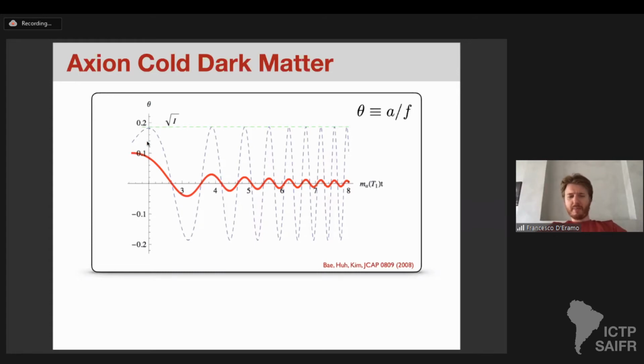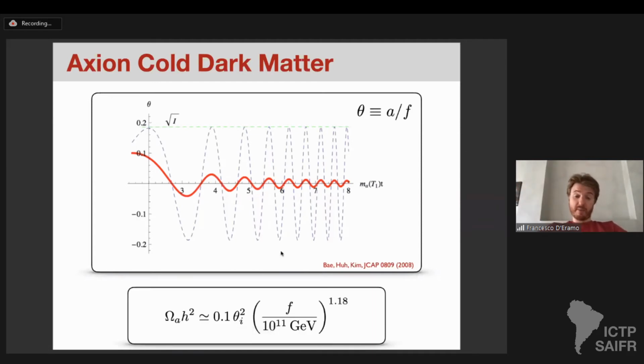So forget about initial conditions for now. We will discuss them in a second. You see that the red line is the amplitude of the axion field. So you see that you have oscillations, the amplitude decreases, and these oscillations are damped precisely in the way that I was describing. And the energy density stored in this oscillation, more or less, there are uncertainties due to now